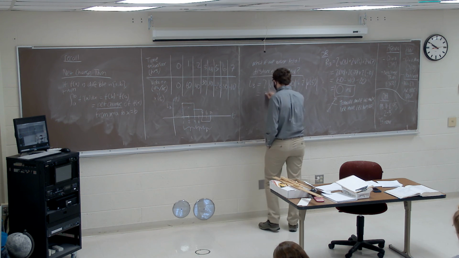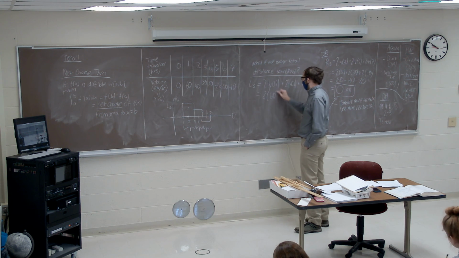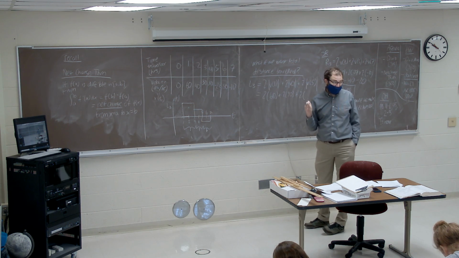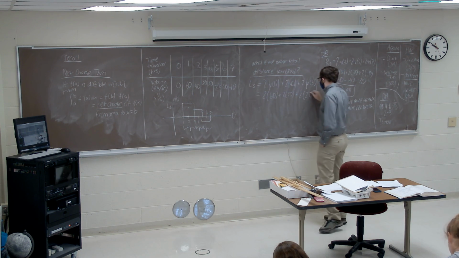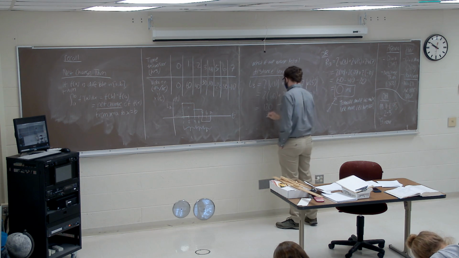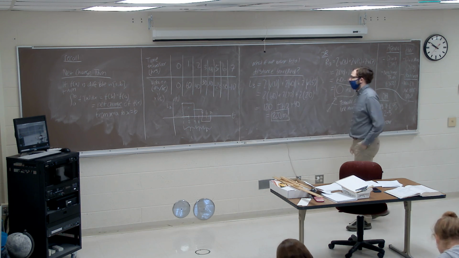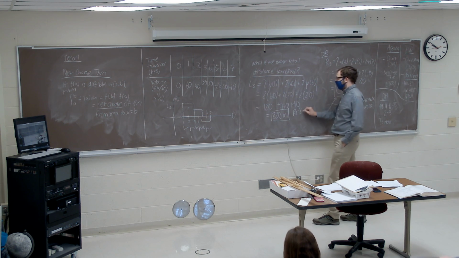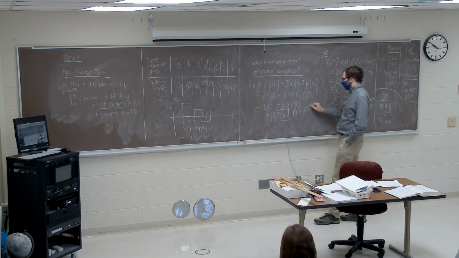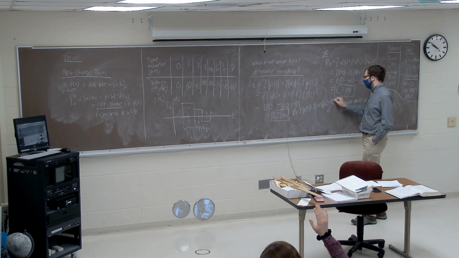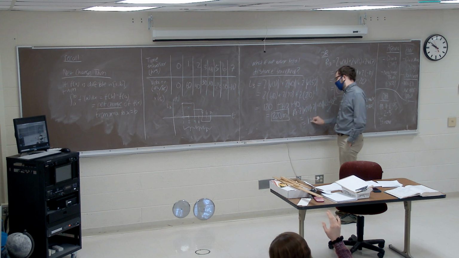So if we do that for L3, we'll get 2 times 60 plus 2 times 30 plus 2 times the absolute value of negative 20, which is going to be 20. It'll come out to 120 plus 60 plus 40, which will give us something like 220 miles. And then you could do the same thing for R3. For R3, we would take 2 times the absolute value of v of 3 plus 2 times the absolute value of v of 5 plus 2 times the absolute value of v of 7, which comes out to 120.